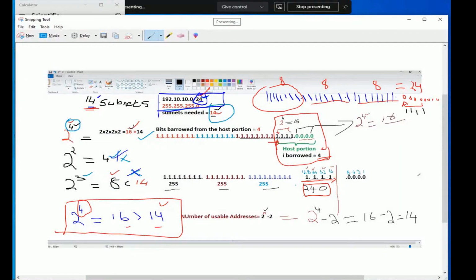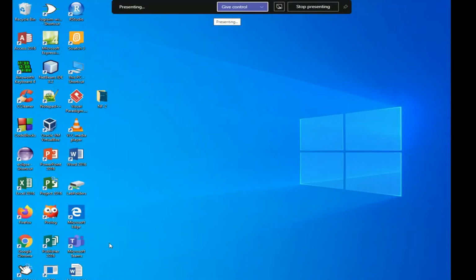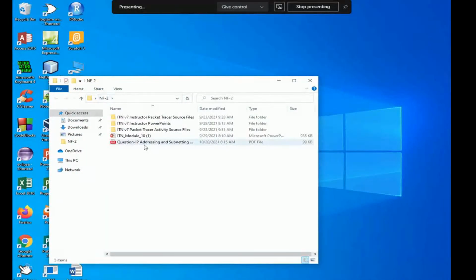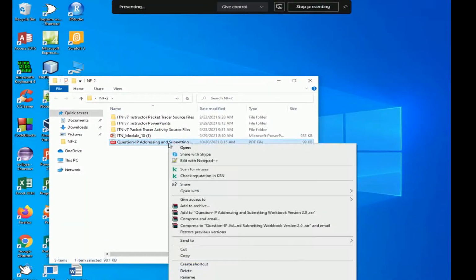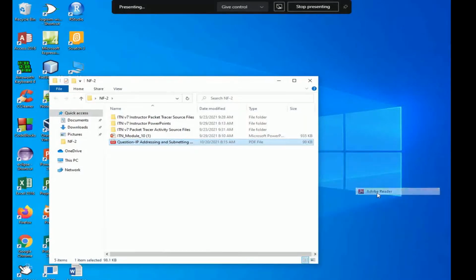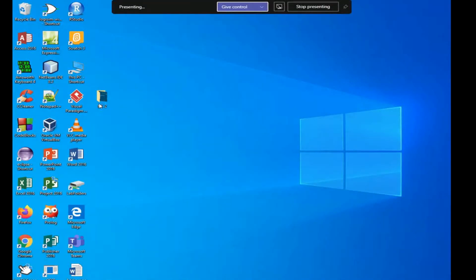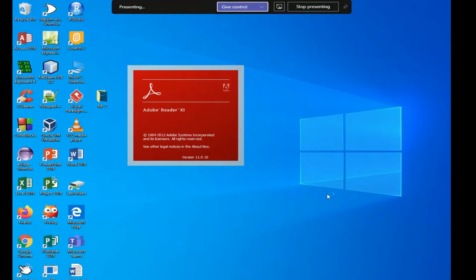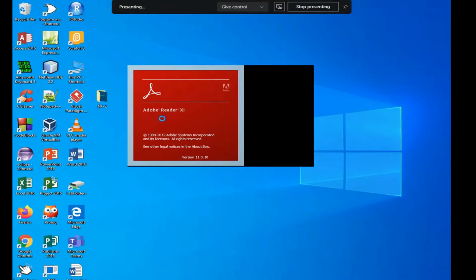Now today we will start another problem. Please, all of you, open this IP addressing subnetting table. We are going to discuss the second problem.